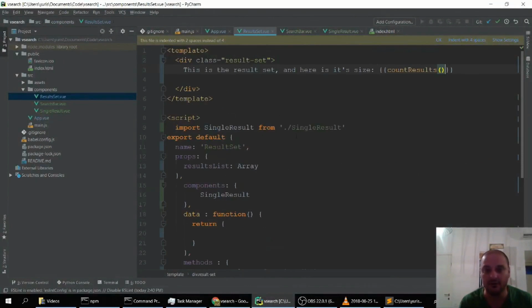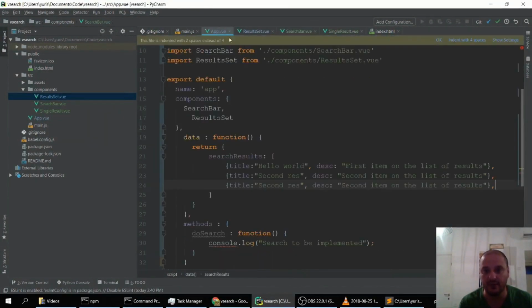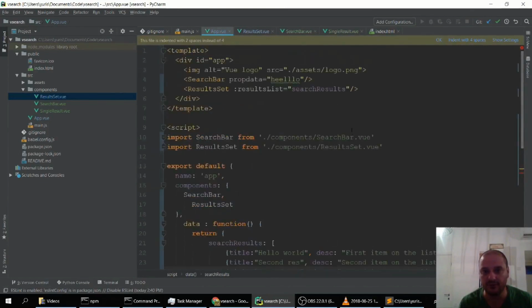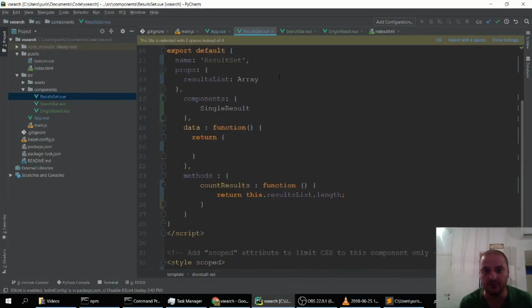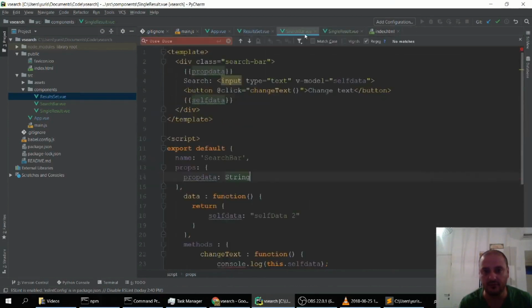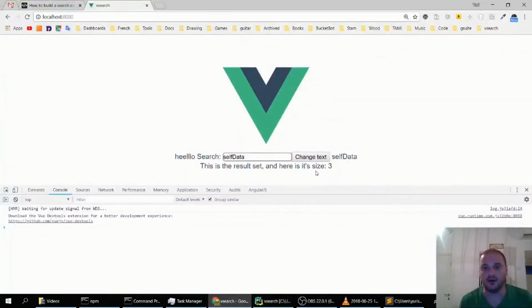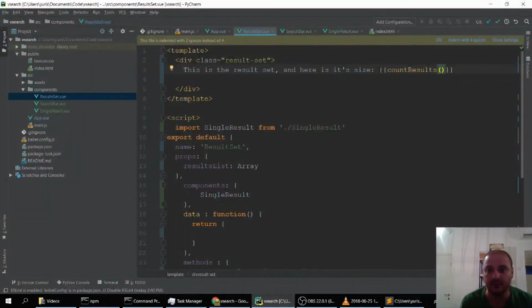Okay, let's also remove number 2. Where do we get it from? It's pretty annoying. Solve that. Okay, this is on the search bar. Okay, so now everything we pass to the results,